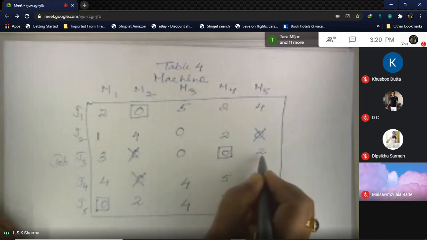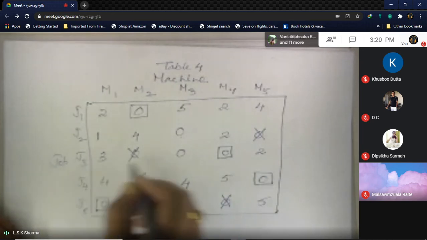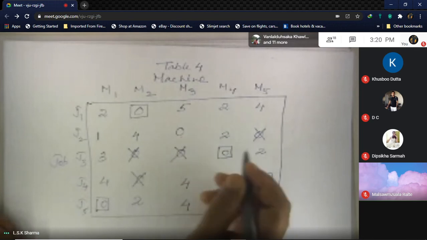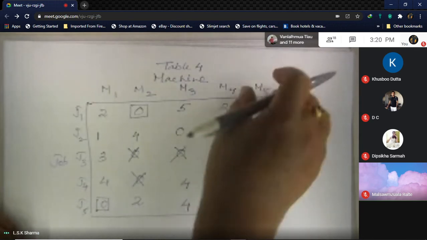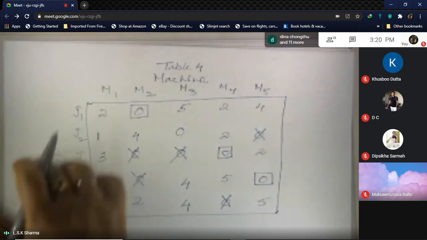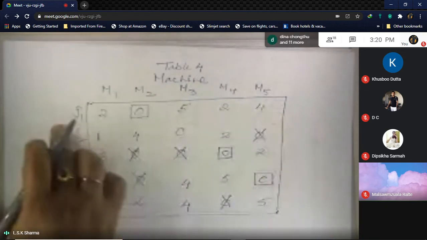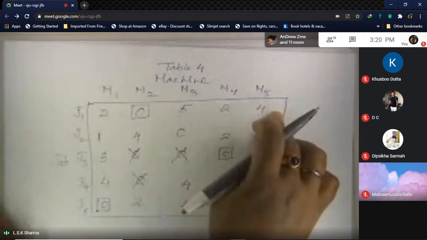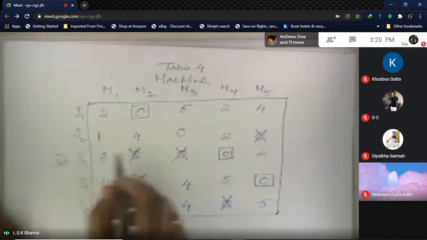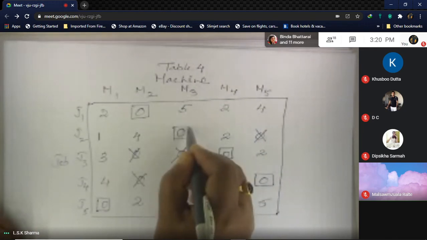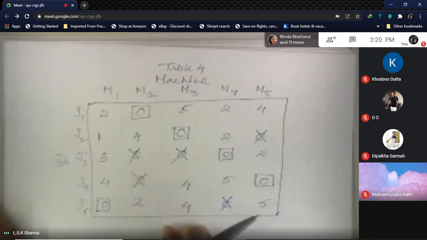And in that particular row, do I have another 0? Yes, so I cross that out. Okay, then the last one, no. Okay, so again reiterate, come back again, you see row wise again. So the first row, it's been already assigned. Second row, there is 1 0 left out, now I can assign out here. And column wise, everything has been done.